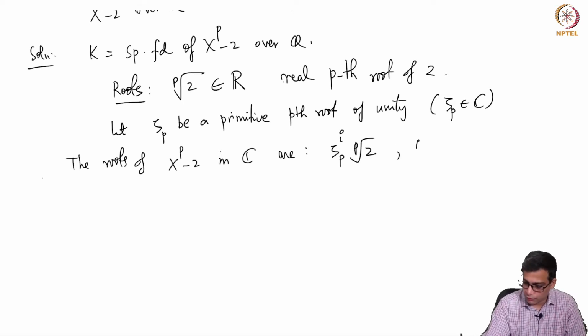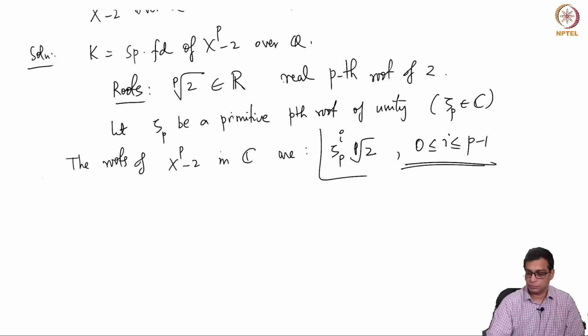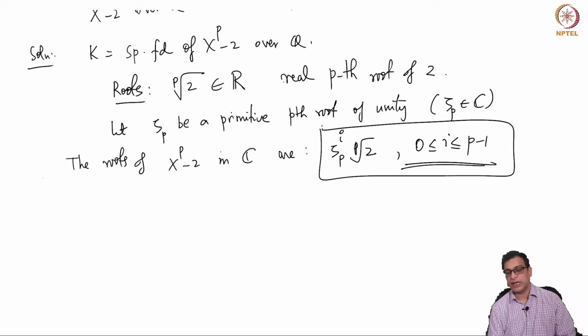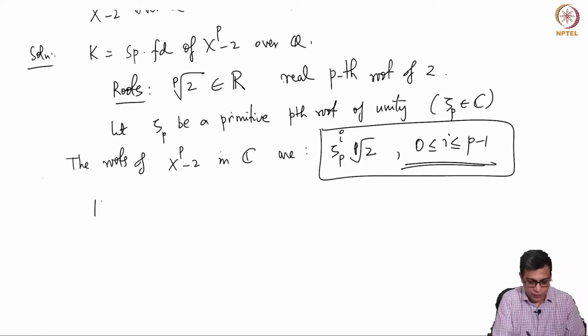so these are the p roots. It has p roots, it's a degree p polynomial, so it will have p roots. They are given by zeta p^i times the pth root of 2. So you get the pth root of 2 for i equal to 0, then zeta p times the pth root of 2, zeta p squared times the pth root of 2, and so on. So the splitting field is Q adjoined